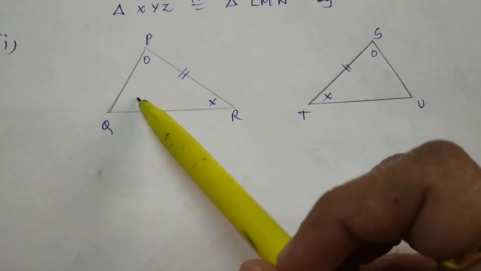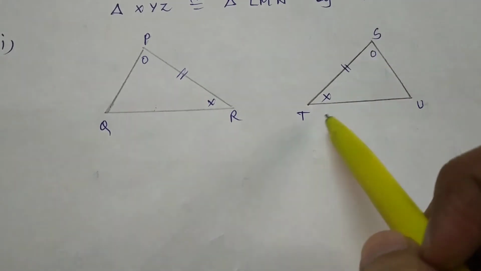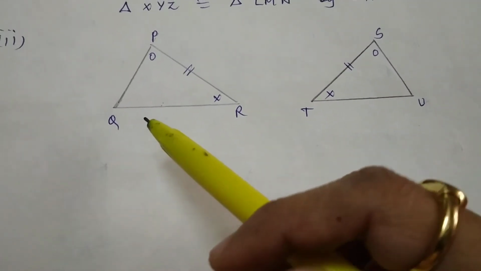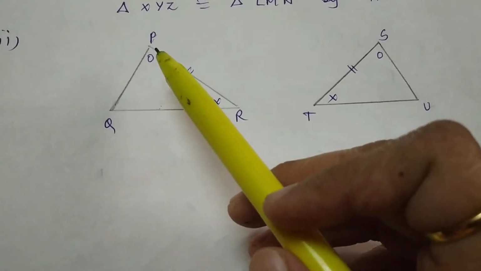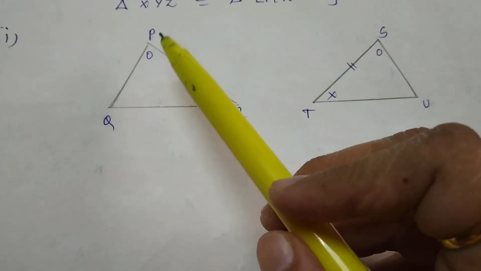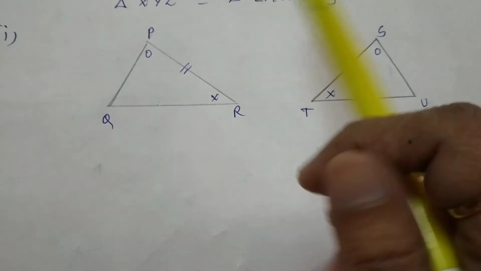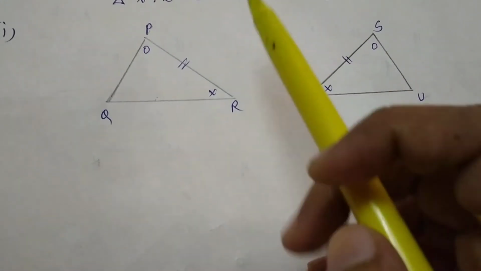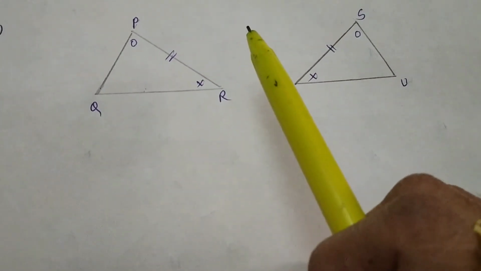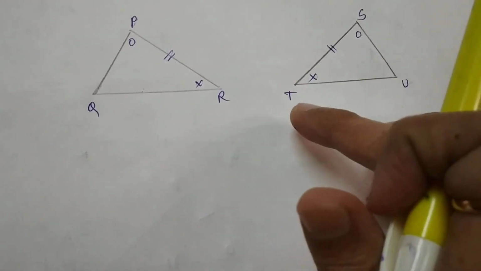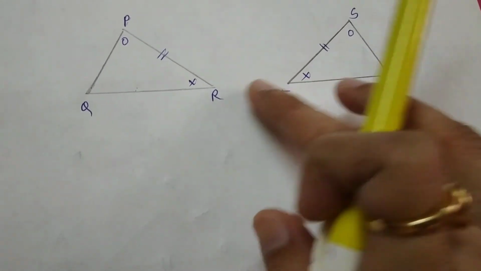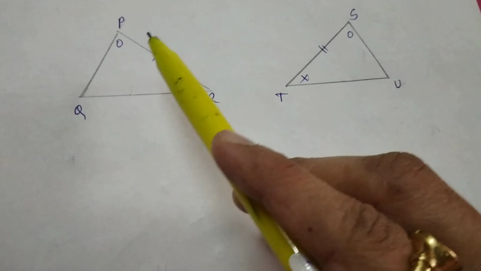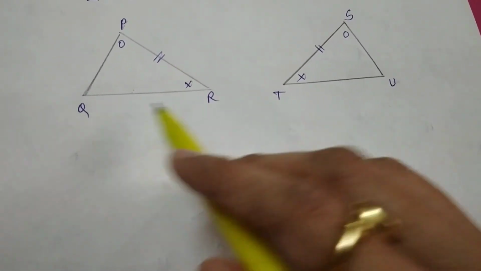Okay. Now children, you cannot write down this as PQR and STU. No, that will be wrong. You have to show the proper correspondence. Means what? Whenever I am writing the two triangles, I should write P corresponding to S, PR corresponding to ST, and R corresponding to T. The parts which are congruent to each other should correspond to each other, right? So how do I write down the triangles? I'll not write down PQR and STU.